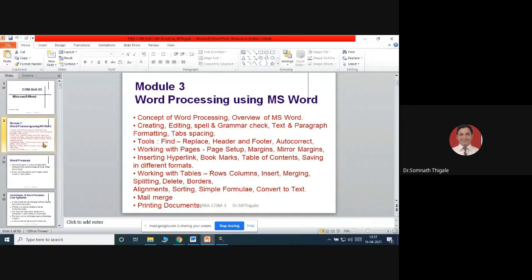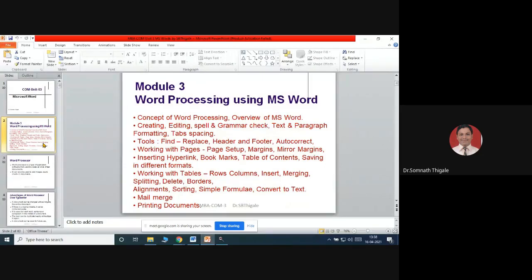Then we'll work with the different table options, because in word processing we are able to add images and different types of tables. So how to set the tables, how to set the borders, then the most important part, we will discuss alignments, then sorting, formula, convert to text, and then we will discuss comparison and adding other features in terms of the mail merge option. That part we will discuss, and at the last, how to perform the print. So the syllabus is short, but mostly it is a practical-oriented scenario that we are going to discuss in unit 3.